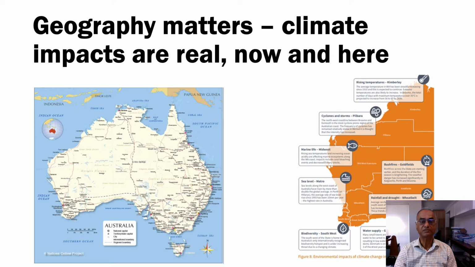In a country as vast as Australia, all 7.5 million square kilometres, geography really matters. Western Australia occupies the western third of the continent, and the focus of our report was on the impact of climate change in the different local regions, as seen on the right of the slide. Australia is on the frontier, the front line of climate change.